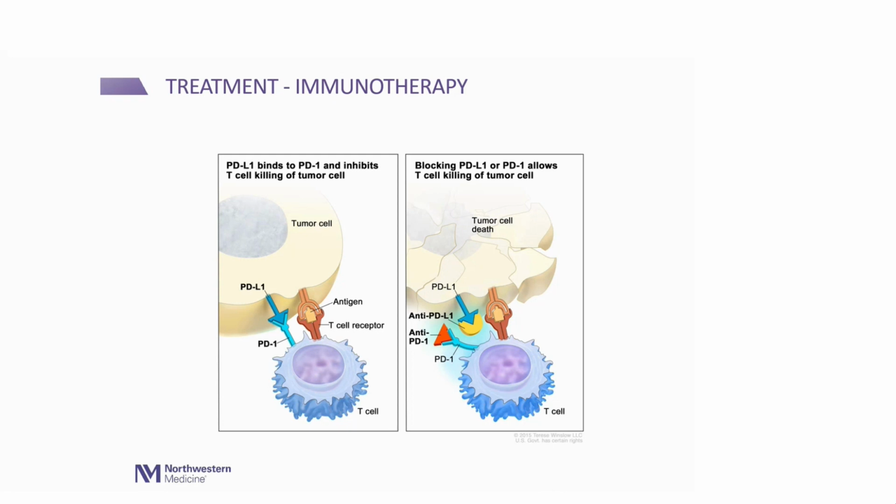So when you give the medicine again into the blood, this is what happens normally in the body. When you have cancer, the cancer cell and body's immune cells are kind of talking to each other with different receptors and molecules that way. What happens when you give that medicine immunotherapy into the blood is, see this orange triangle here goes and blocks or sits on one of these receptors here, which are on your own cells, the body's healthy cells. And as a result, because of some transmission of signals, which happens at a molecular level, ultimately the cancer cell dies. So you see it breaking off and then shriveling and then shrinking and going.